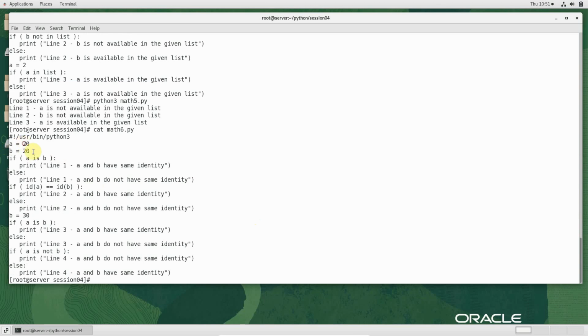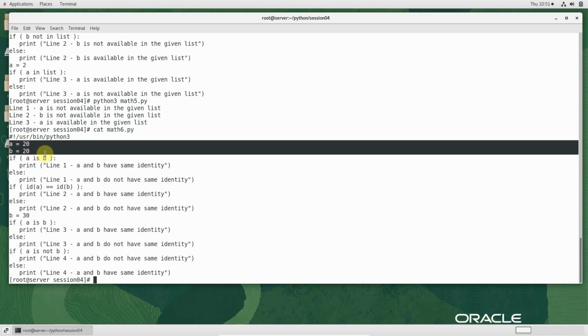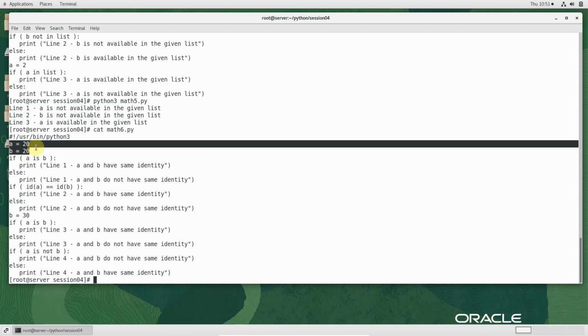Object A is equal to 20, object B is equal to 20. Do they refer to the same memory area? Because in Python there is nothing called a variable, to be honest. It is actually the object, and if you have the same value, they point to the same memory area. Python will not allocate new memory if you don't have a different value. If they have the same value, they will have the same identity. A very intelligent approach from Python.